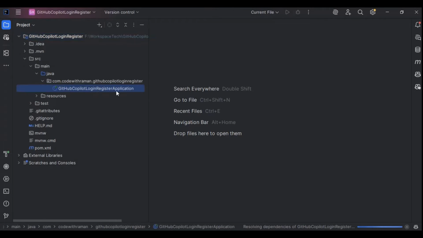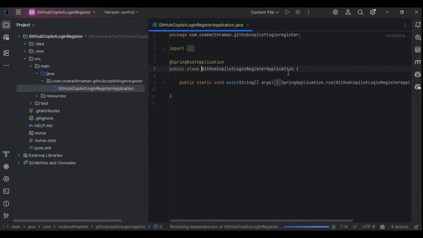And this is my main application, right? GitHub Copilot register application, which has a main method. So we'll be creating a login and register app with the help of GitHub Copilot. We'll not be writing a line of code. We'll be just writing prompts or comments, and the code would be written by GitHub Copilot. So let's first start, as we'll be saving some data to the database. So what we can do is we can simply create